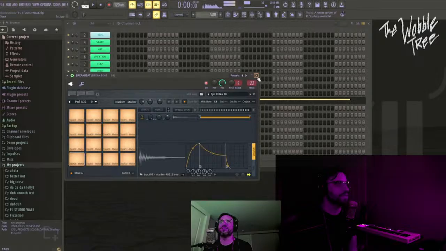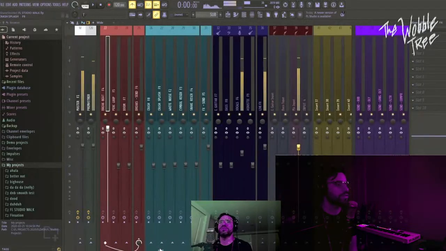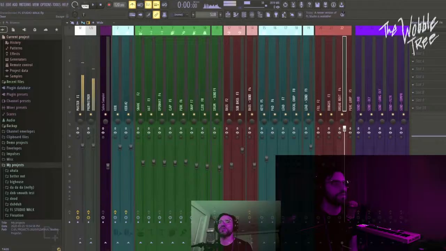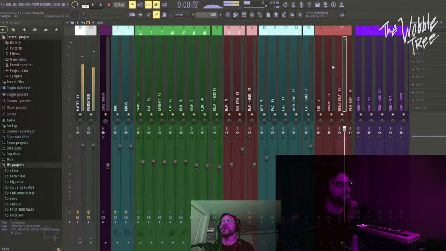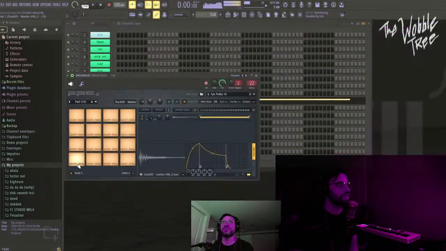And then that's routed into track 2, but each one of these pads is actually routed into my percussion. Let's see if it's actually set up. Oh no, I don't have it routed that way. But you can actually, each one of these sounds, so if you had like a kick here, you could go